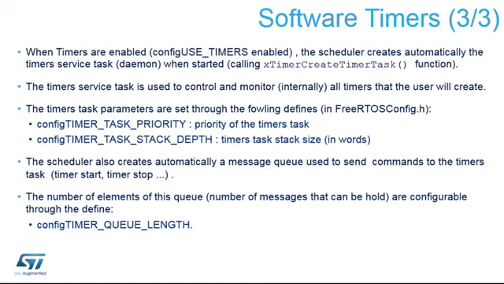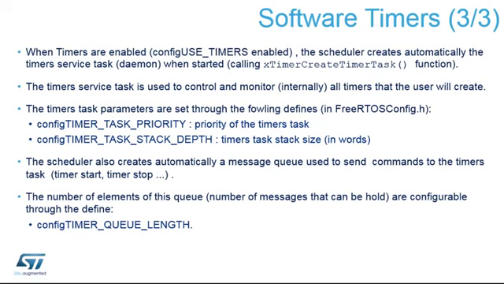When this is done, the xTimerCreateTimerTask function is called in vTaskStartScheduler, and it instantiates the timer task responsible for working with the timer list and calling the callbacks. Additionally, you can define the task priority for the timer task and the stack depth. This is very important to guarantee that all the callback functions have enough space on the stack and they can